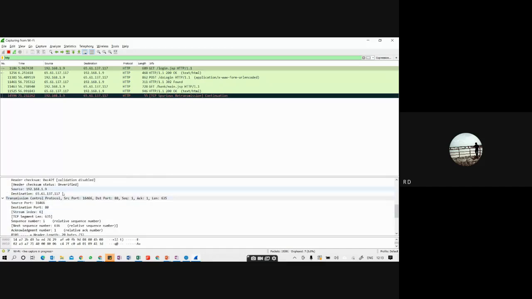As I said, websites use the TCP protocol: source port, destination port. I still remember from my college, these things were taught to me while I was doing BCA. Source port, destination port, sequence number is one, acknowledgement is one. Then